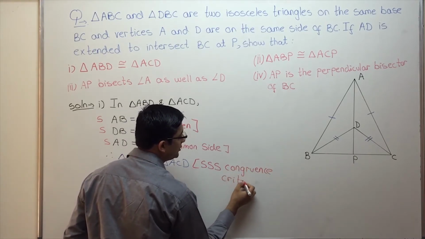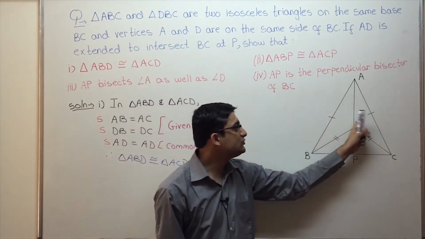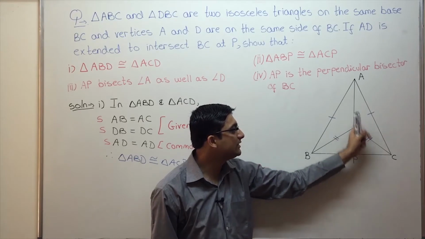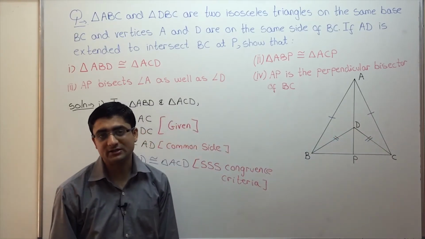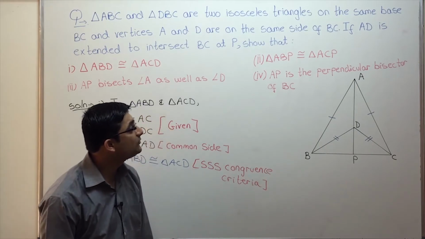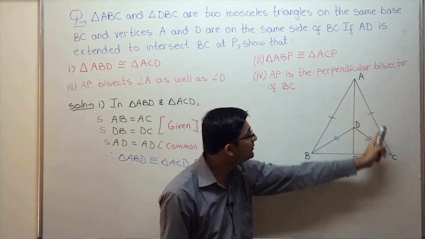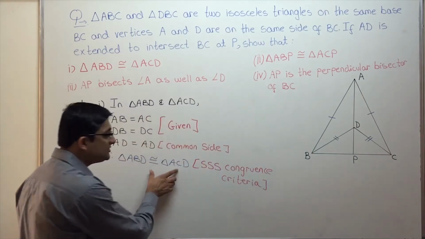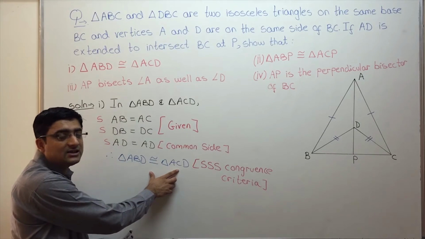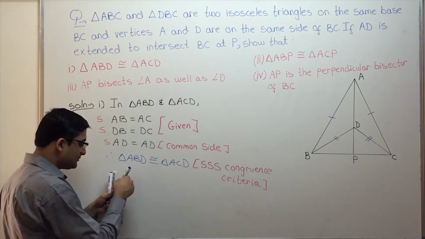So it's very simple. The moment you mark what is given to you in the figure, it's very simple. So in these two triangles, this is equal to this, is equal to this, and over here is a common side. So by triple S criteria, the two triangles are congruent. What is the second thing we have to prove? Triangle ABP is congruent to triangle ACP. Now before we do that, right, see, because these two triangles are congruent, get the corresponding angles. See, all three corresponding sides are equal. So see, how do we get the corresponding angles?